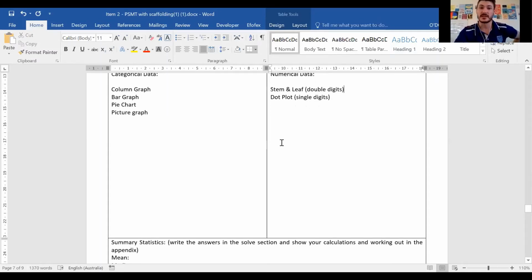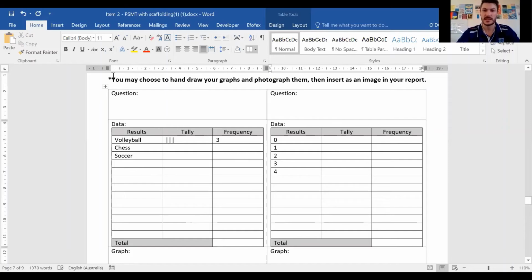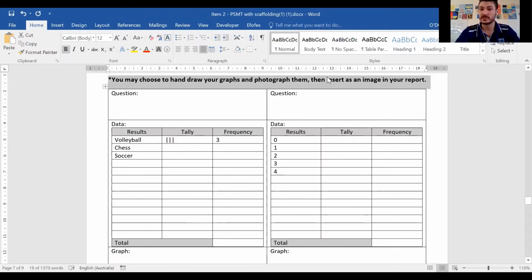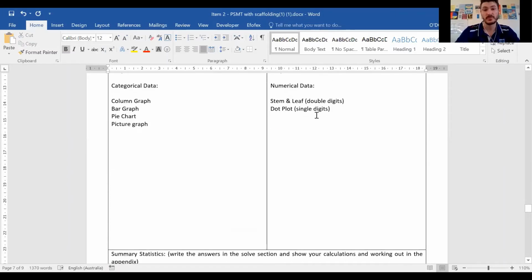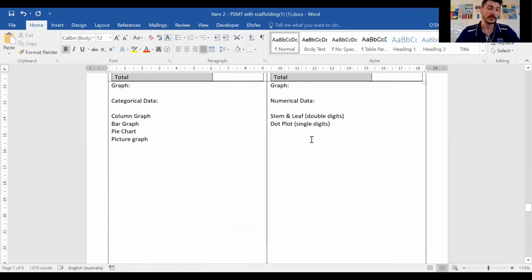So you make a graph of each of them. Keep in mind, you may choose to hand draw your graphs and photograph them, then insert them as a report. But if you're really good at technology, you might want to draw them using an Apple stylus, or you might want to,